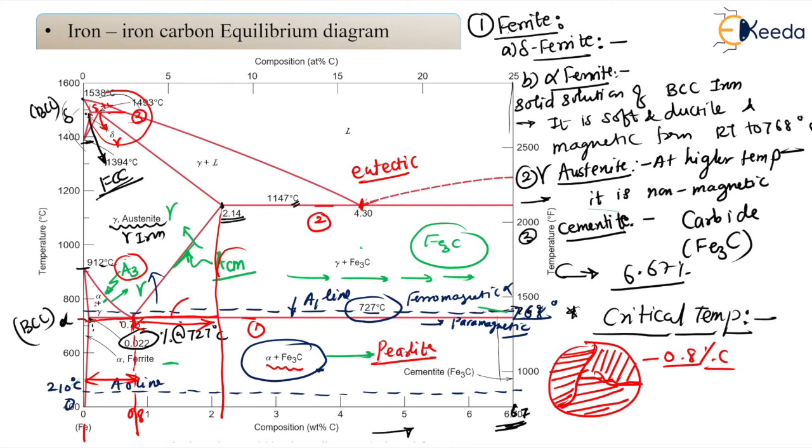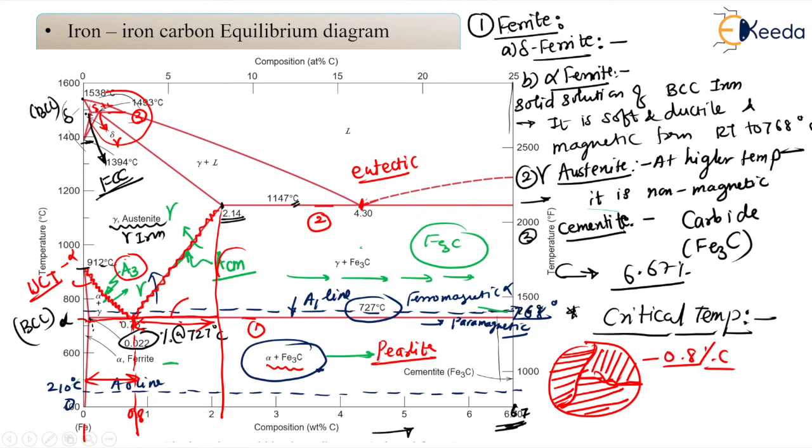Now dear students, this A3 line, ये जो A3 वाली लाइन है, this is known as the upper critical temperature. बट ये किसके लिए है? ये है फेराइट के लिए. This is the upper critical temperature for ferrite. Okay, for ferrite. और ये जो लाइन हमने डिस्कस की जहां पे लास्ट ट्रेस है किसका? सीमेंटाइट का. ये जो लाइन है ACM, this is the last trace of this cementite.